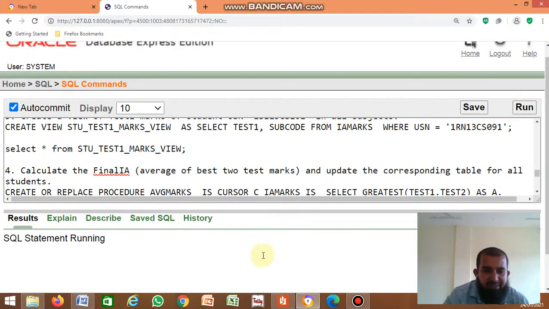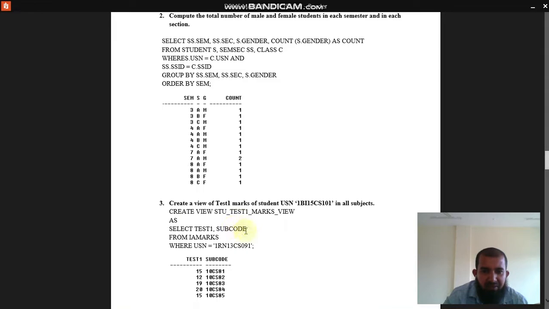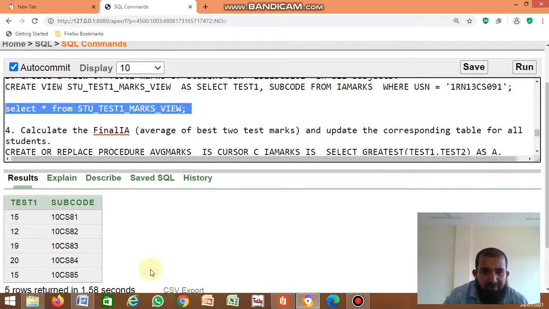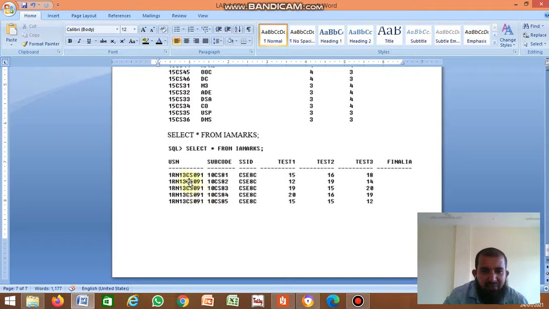So it displays the test 1 column and subject code column, only 2 columns, where USN is 1RN13CS091. This column and this column is displayed.